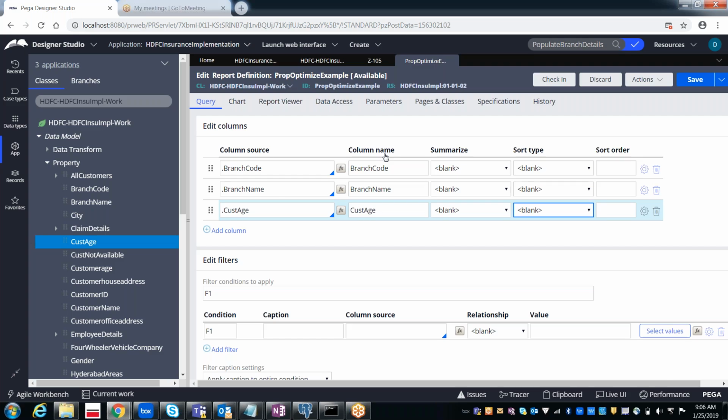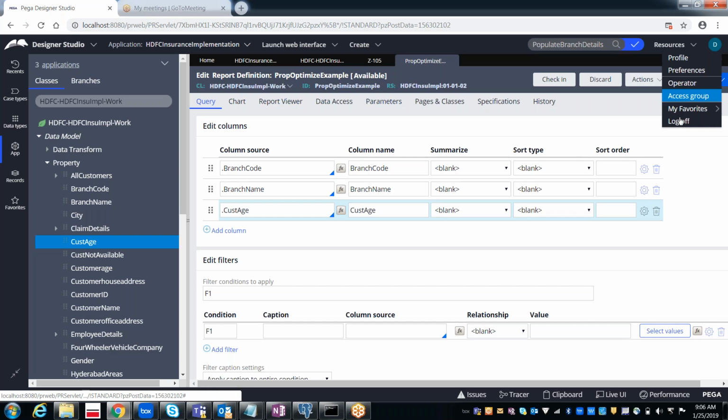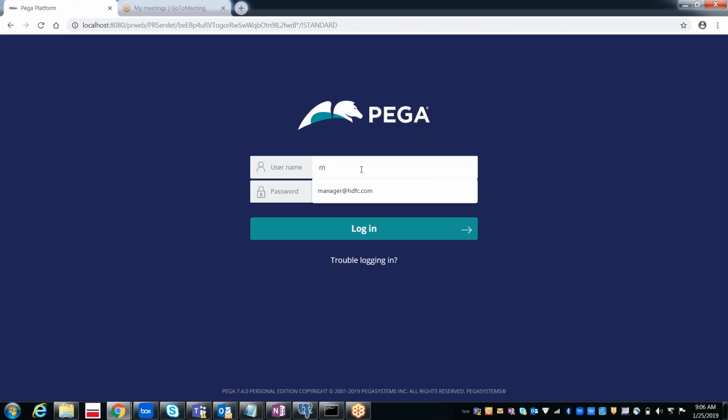Okay, so in the production, they will not have the access to modify the criteria, or they cannot update the rules. So how exactly can we give that? Now this is the developer portal I have shown you, the developer portal for the developer or somebody else. Now we have something called manager, right?